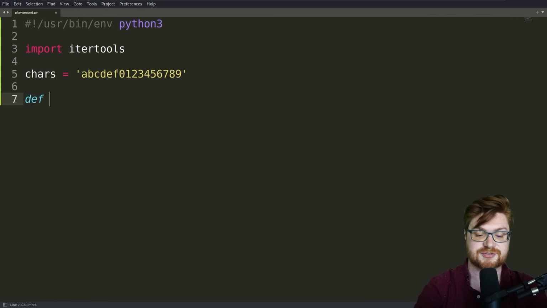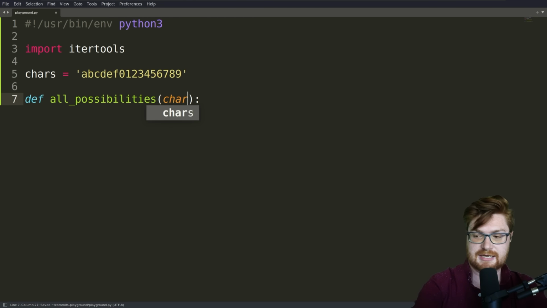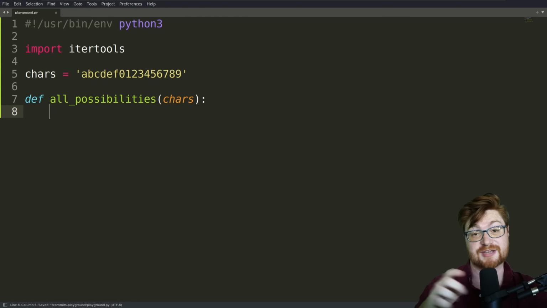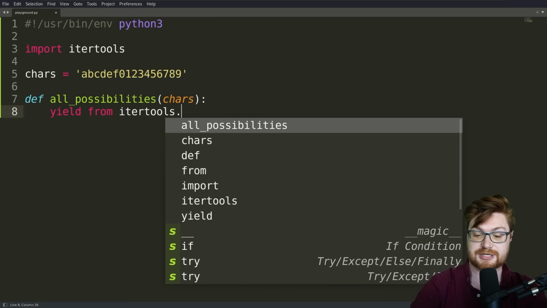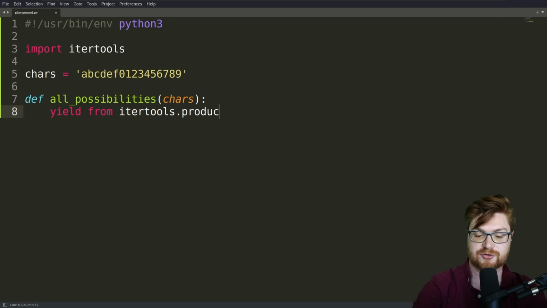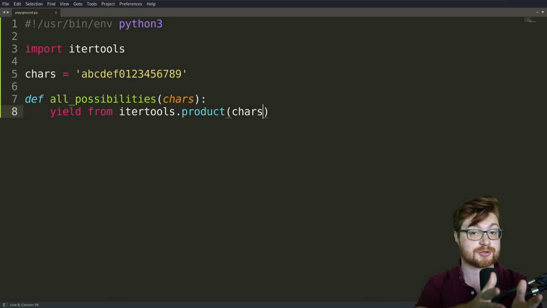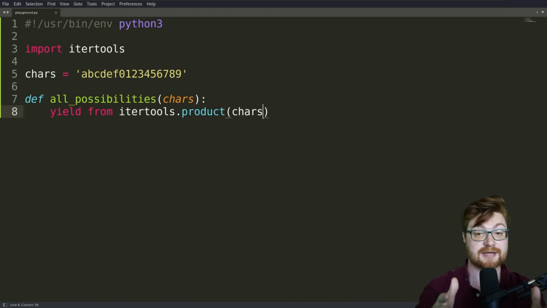Let's define just a simple function like all_possibilities given any of the characters in the character set. Itertools actually returns a generator, so we will need to yield. And in Python 3, you can use yield from to actually end up calling a function in place there. So let's use itertools.product, and we'll take anything from the characters, but actually I want to repeat them. I want to repeat a given character to the certain length that we're looking for. In this case, a length of 4 for the shortest possible SHA-1 hash.